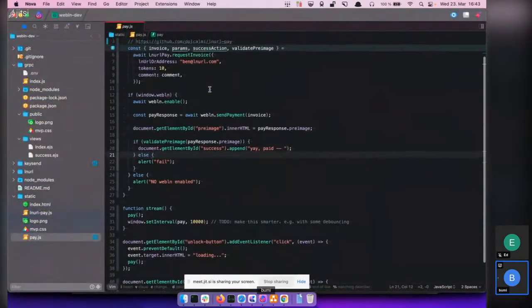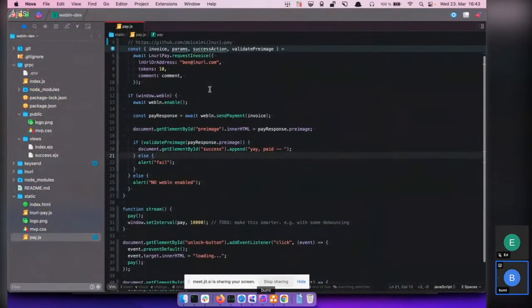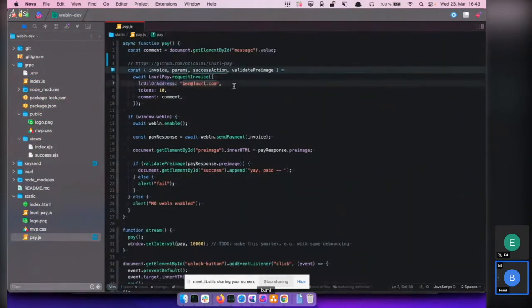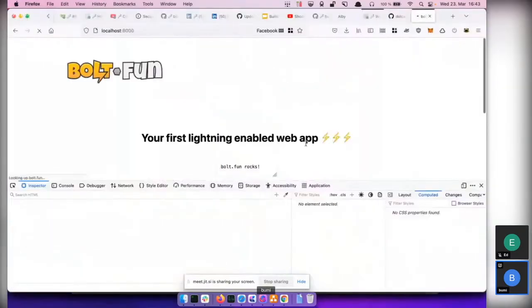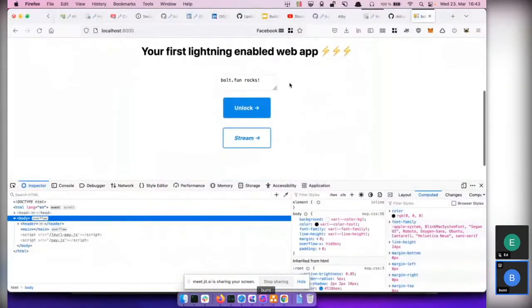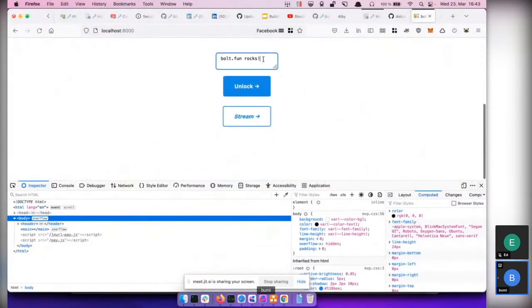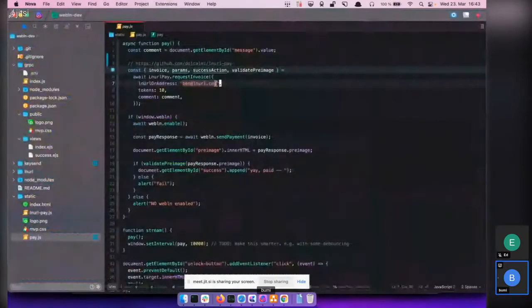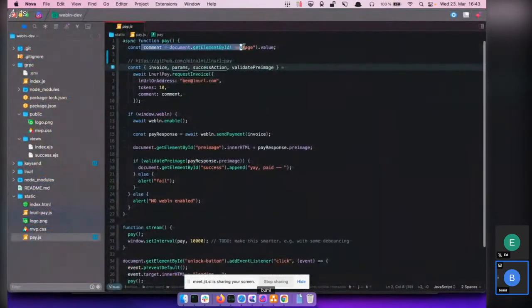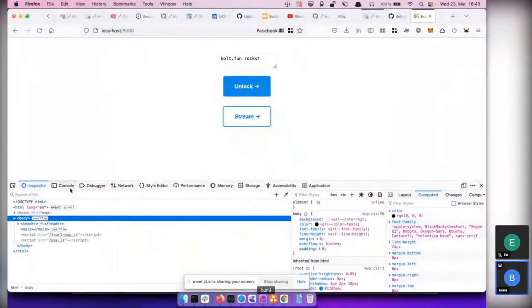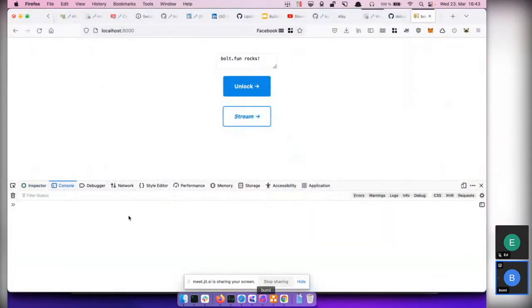By the way, as recipient, we sent a message to Ben, Ben at lnurl.com, and let's find rocks. Oops, I have to first reload to reset the state. So we have bolt.fun rocks in the code. We get the comment here, we pass it on, and if we look here in the console, you will see the LNURL Pay HTTP requests that are done,